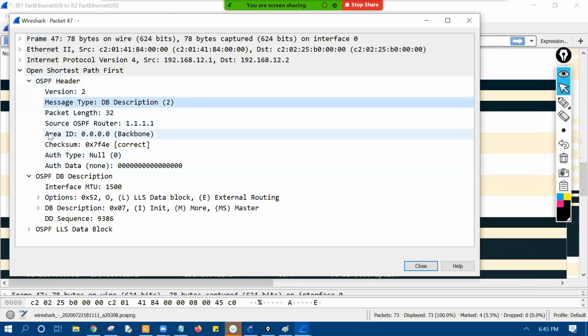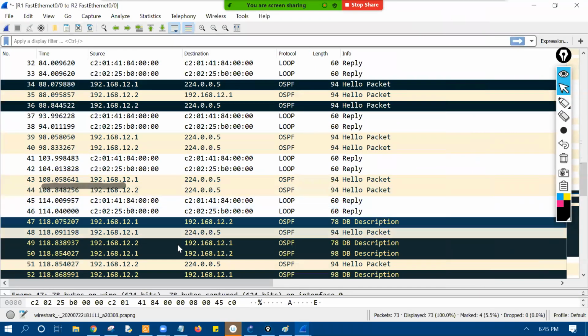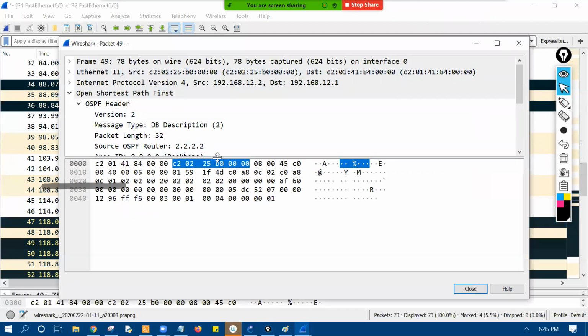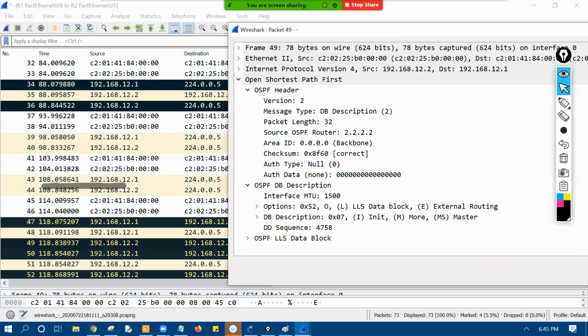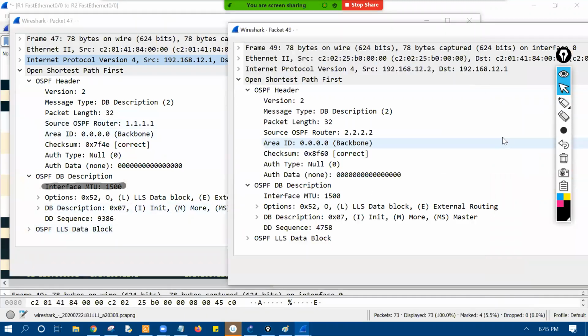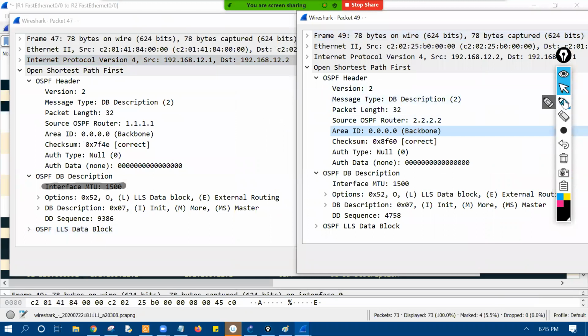The header is the same, nothing is different. Only the message has changed to DB Description, and the opcode value is 2. The hello was 1. Now if you see, we have an MTU field over there. This is the packet by R1. If you go to R2 now, both have the same MTU. If the MTU is the same, now it comes to the